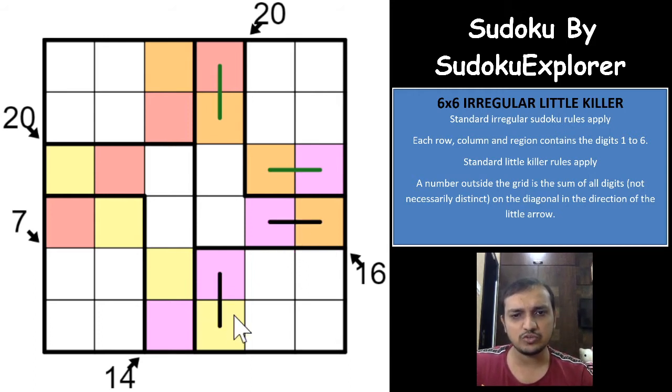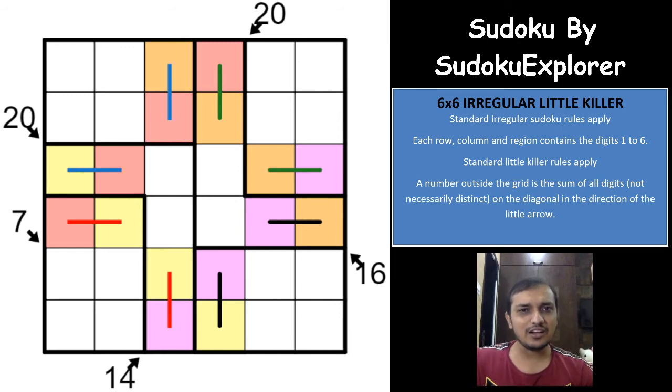These two cells and these two cells would have to be equal, because in the same way an imaginary line is drawn between column 4 and 5. The last two columns should have numbers 1 to 6 twice, which means one of the 1 to 6 is used by this region, so the other 1 to 6 would have to be used by this region as a whole. These cells will have to be the same numbers. So if you have a 2 and 5 here, this also will have to be 2 and 5 in any order. Not sure about the order, but in any order. The same applies to these two cells and these two cells, and the same thing for these two cells, right?